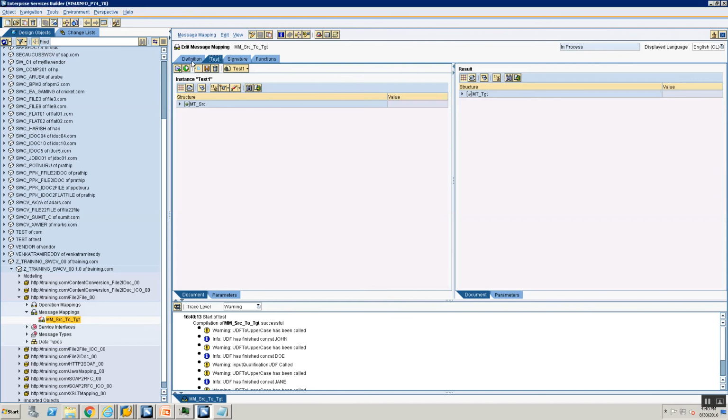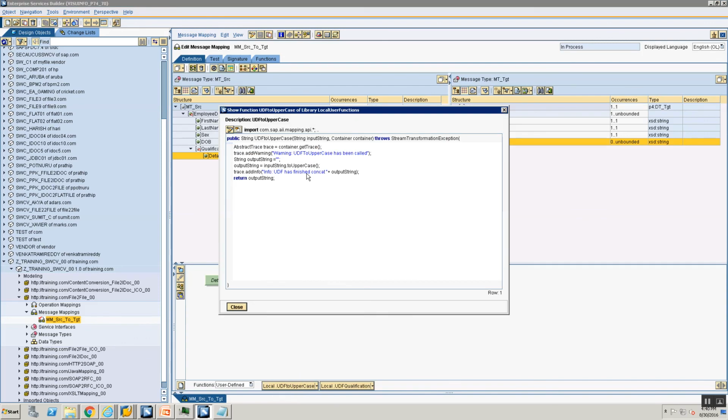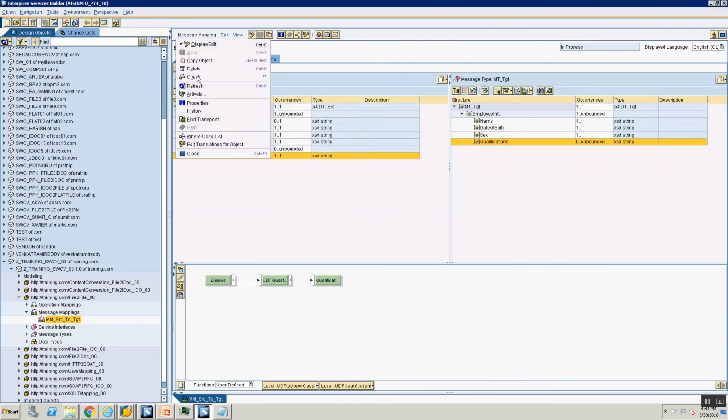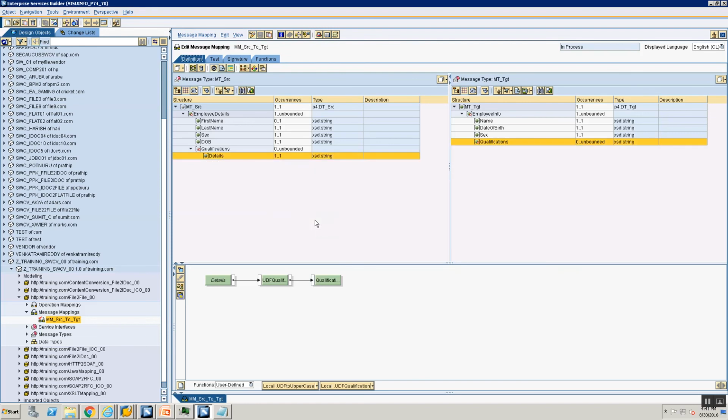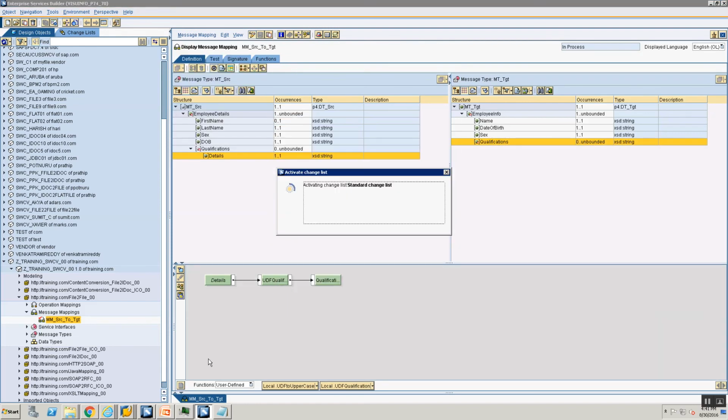All right, let's just quickly change the text. I want to fix the text, edit function, and let's take the text that says has finished uppercase conversion. Now I'm going to save my mapping, and I'm executing my mapping. Oh sorry, I did a refresh, which is wrong. I'm going to go into mapping and activate my mapping, and now that my mapping is activated, let's take the input message, input payload,